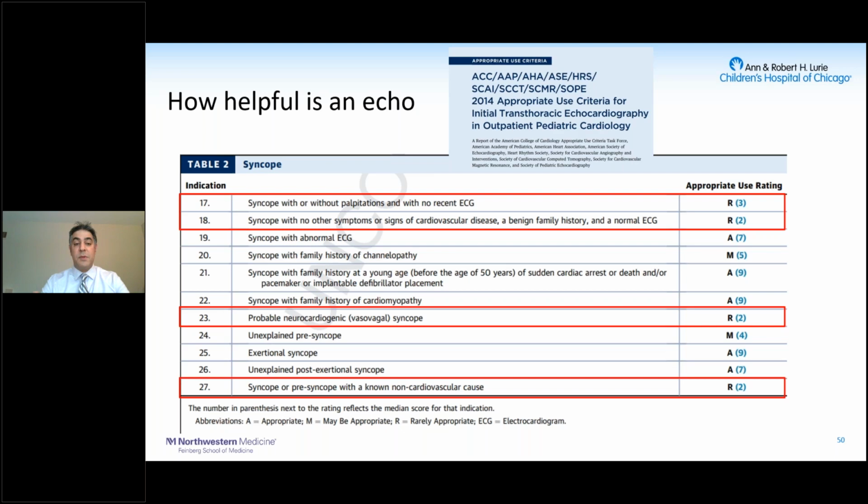Many times we think we're reassuring ourselves or the patient or the family by doing additional testing, but I've actually found this to be the opposite. Many times it causes more stress. They really think that there is something wrong since my doctor is ordering an extra test. And many times we come back with these insignificant findings of PFO, mild mitral regurgitation, that have no clinical significance but cause more stress and worry.